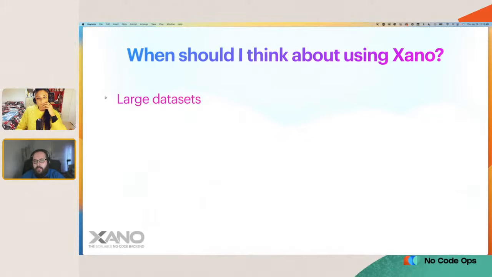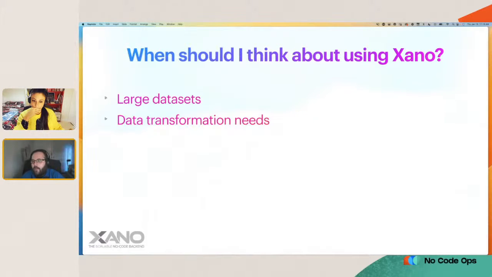The first consideration would be super large data sets. So, when you're thinking about application performance, of course, the amount of data that the application is using is a huge component of that. Because at Xano, we do have the ability to scale pretty much infinitely based on your needs. As your data set grows, migrating to a third-party backend can greatly increase your performance, just depending on exactly